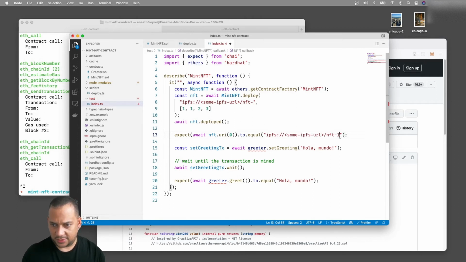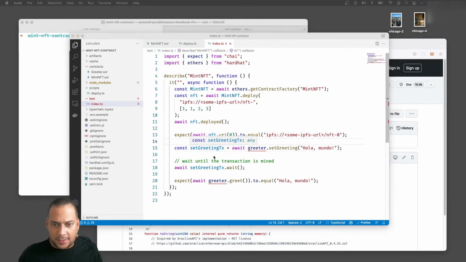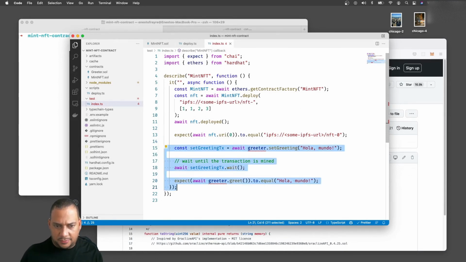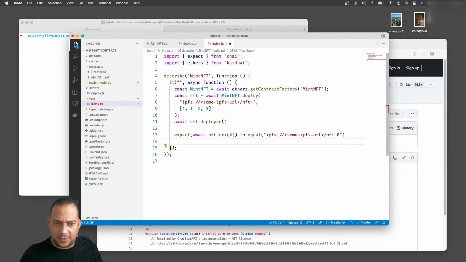Well, in this case it will be 0. That's the first test. So we will delete this part over here. We don't need this section. It was part of the old test. And we will call this test URI. Right, so this will be our first test.